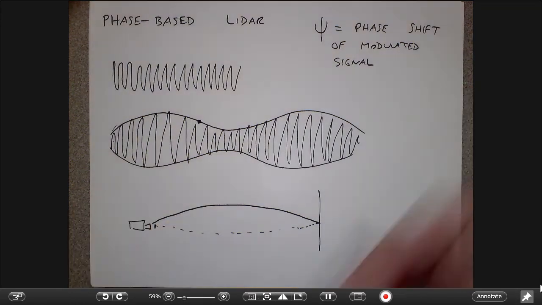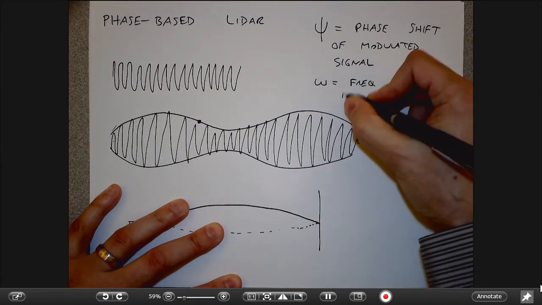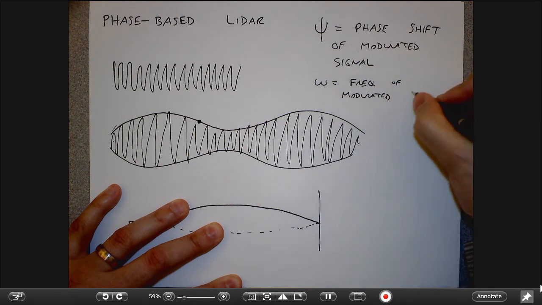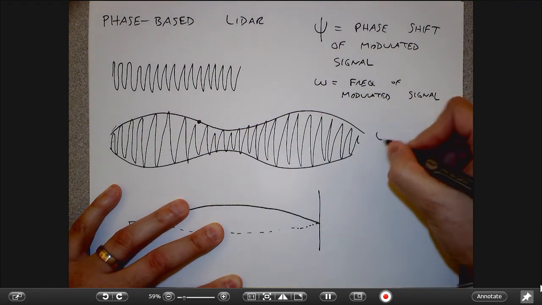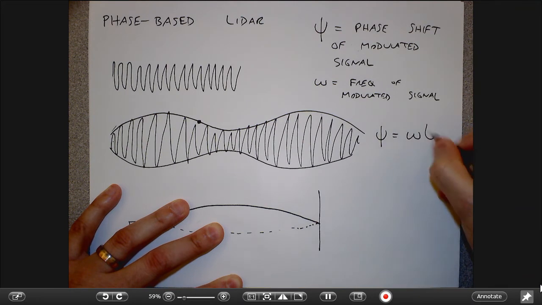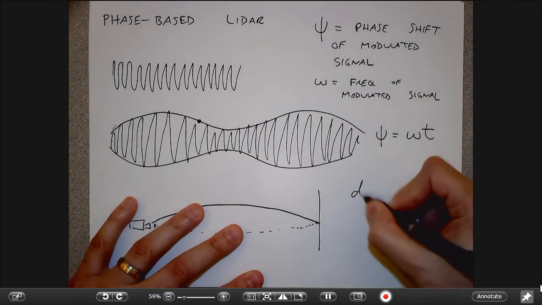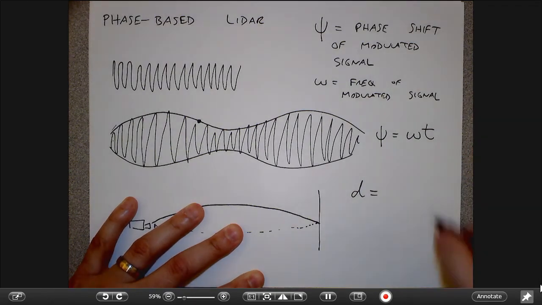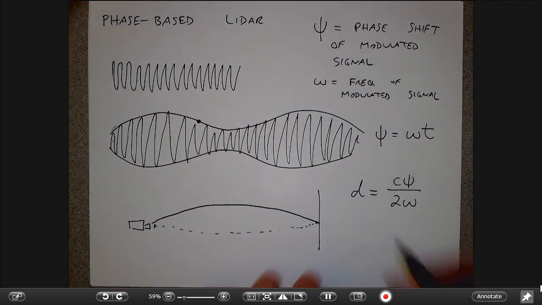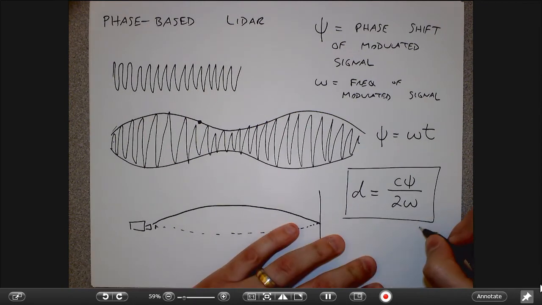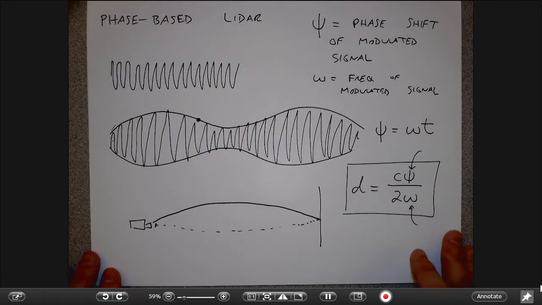And so if omega is the frequency of the modulated signal, you can show that the time of flight is related to these two things by the following, where I have the phase shift, the frequency, and the time. And if I put that together with my previous equation, I can obtain that the distance to the surface is, again, with c like this. If I combine my previous two equations, this is saying I know the frequency of the slow sinusoid, I know the phase shift of that sinusoid, I know the speed of light, and so this turns out to be